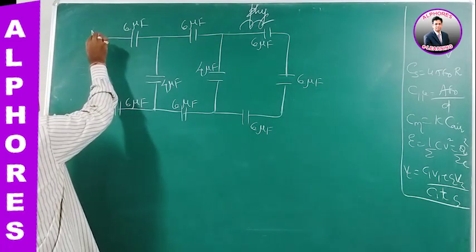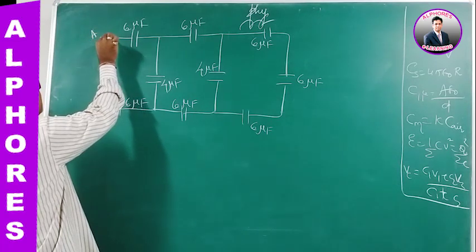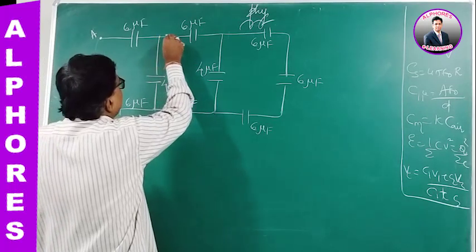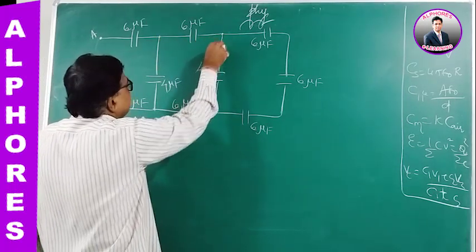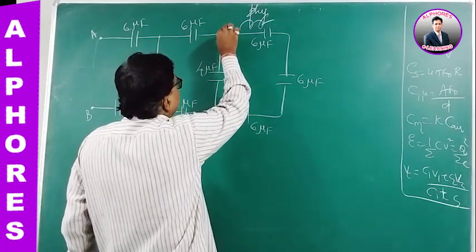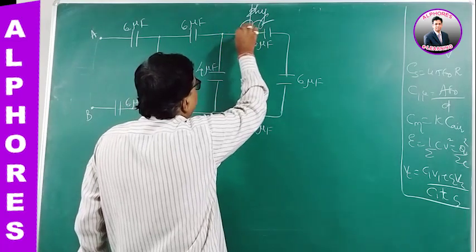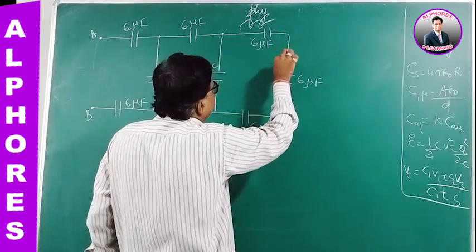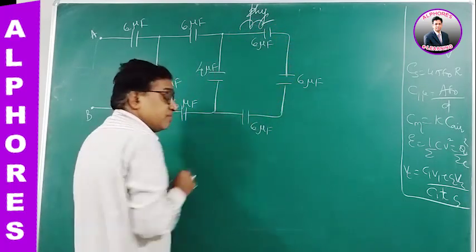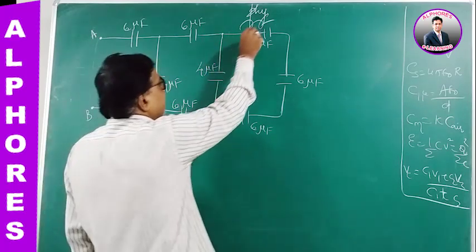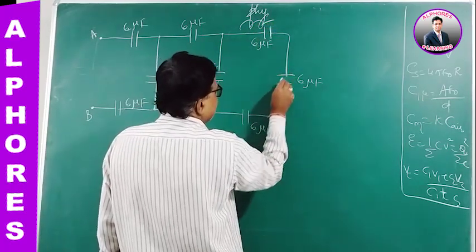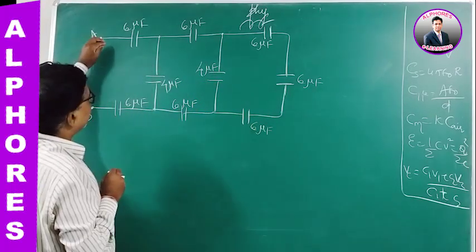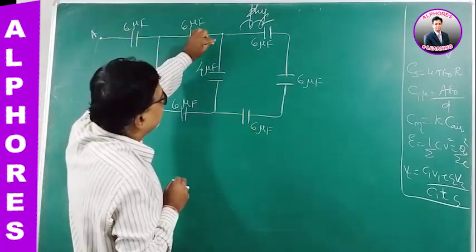The charge will enter like this and charge this capacitor. At this junction, the charge will split. Some of the charge will go through this and enter this. After reaching here, the charge will move through this one. Whatever charge moves through this has no other choice, it has to pass through this and through this. So for these three capacitors, the charge entering from one end comes like this and splits.